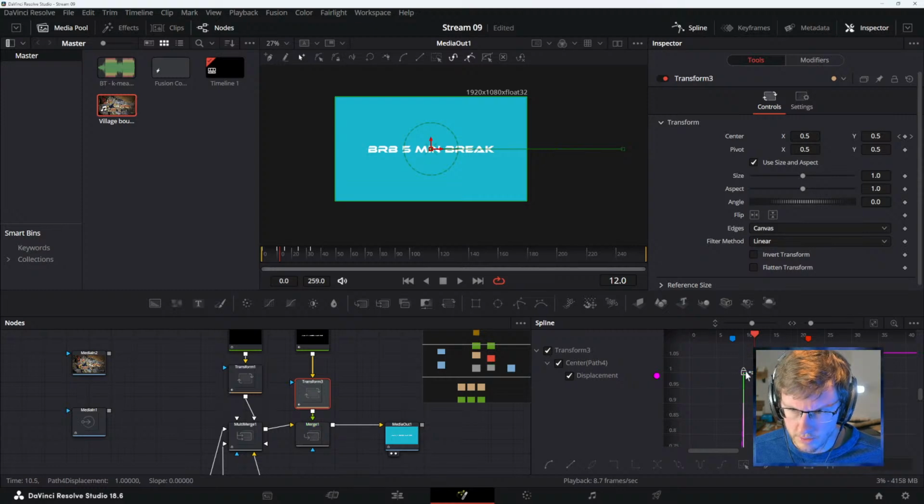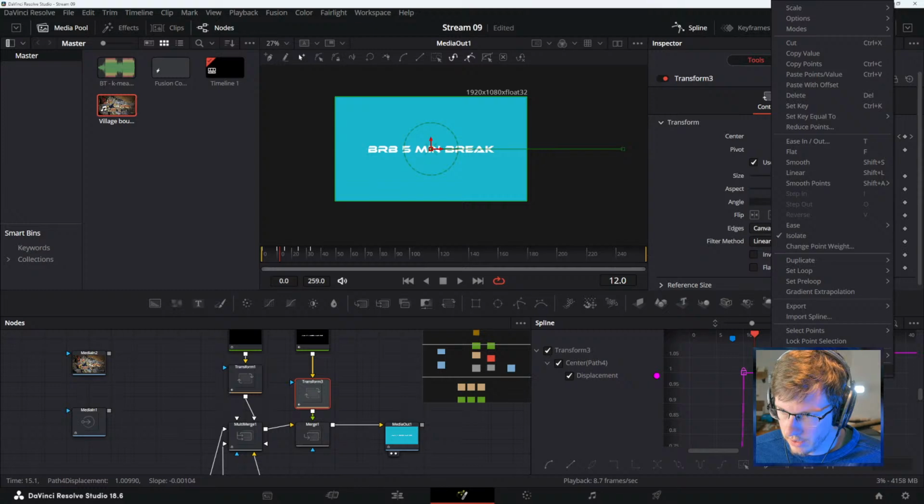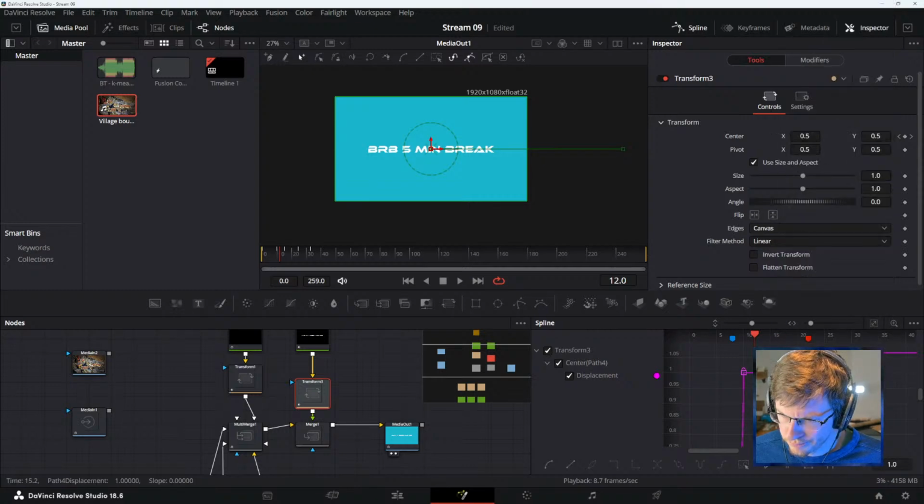Actually, that's weird. I can move the location, but I can't adjust the value. So it's like a soft lock. And oh, that's the wrong thing. But if I lock this, oh.